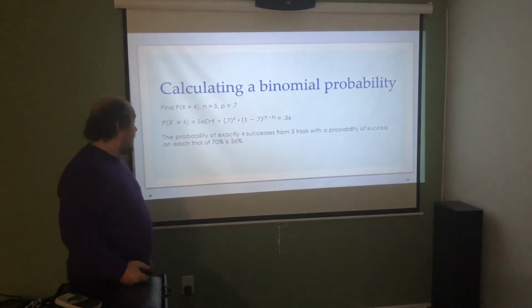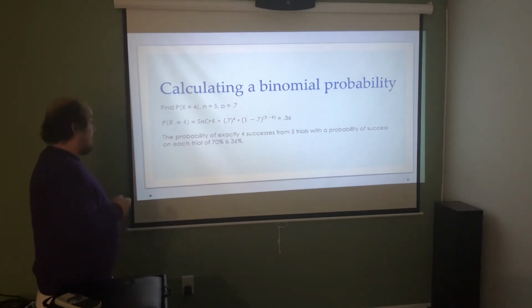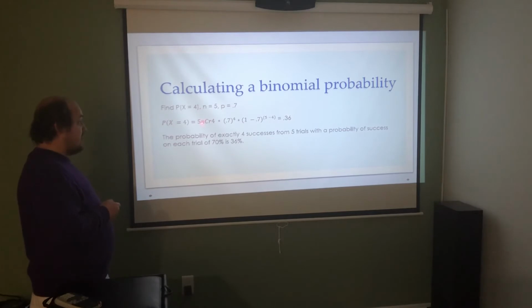So when I calculate a binomial probability, if I was asked, find the probability we get exactly 4 successes when we have 5 trials and the probability of success is 0.7, I'd set up 5 nCr 4, 5 being my n, then the nCr button, 4 being my x, times the probability of success to the power of the number of successes I want, times the probability of failure, or 1 minus the probability of success, to the power of how many failures I want,